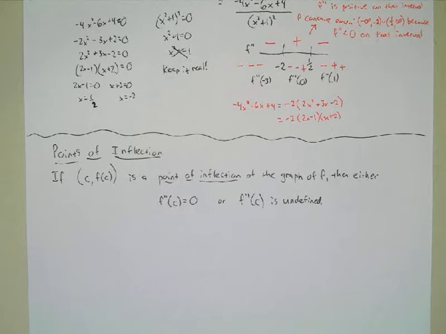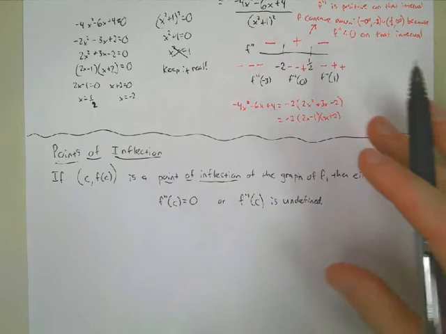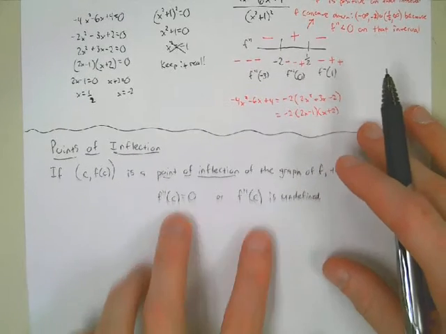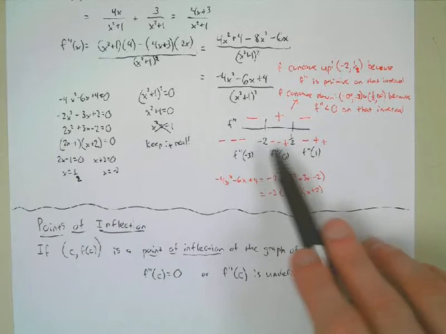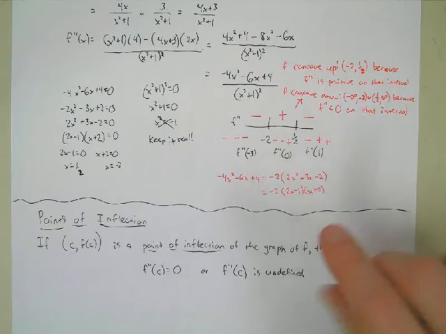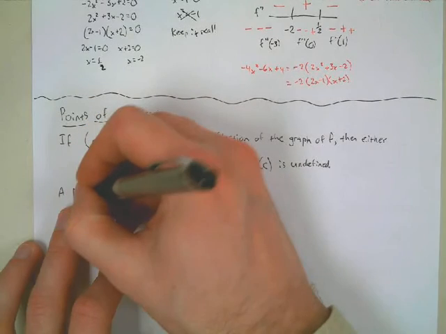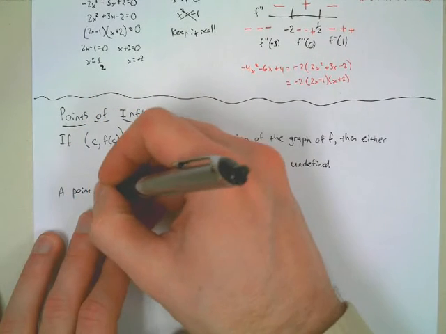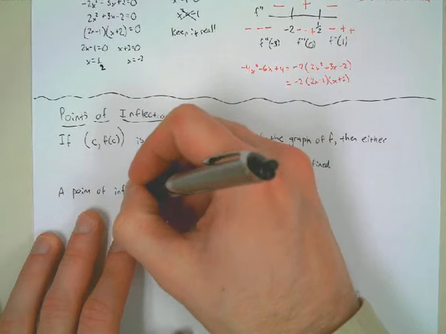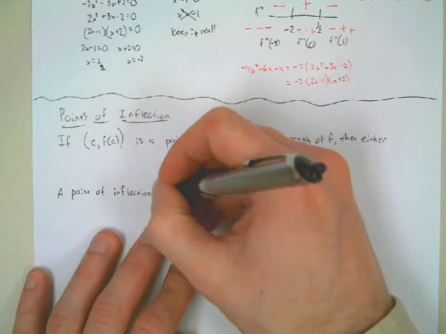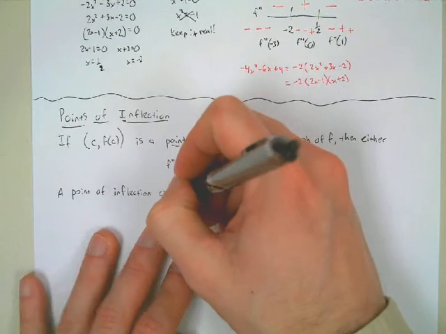Okay, so how do we know? Once we have our candidates, once we have our points picked out, so here for example, -2 and 1/2, those could be points of inflection. How do we know if it is a point of inflection or not? Here we go. A point of inflection occurs when the concavity